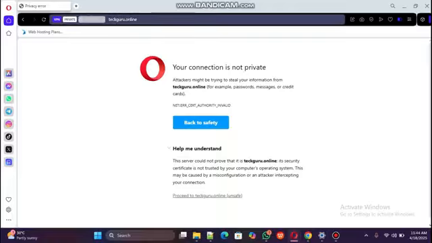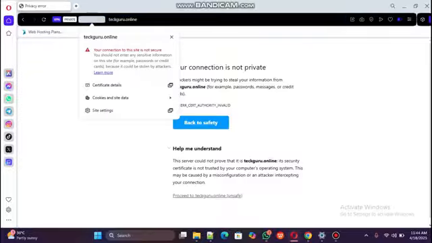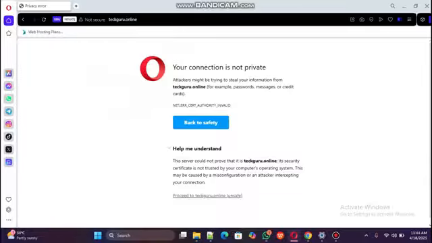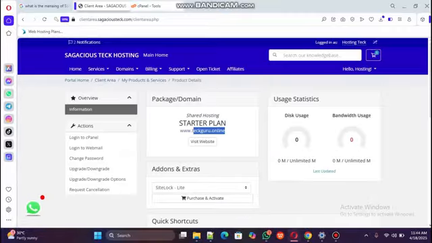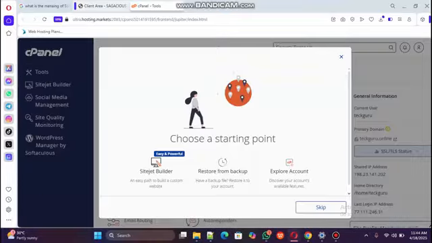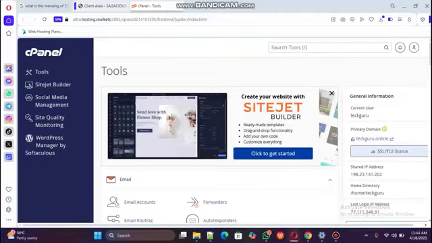So it's showing not secure. That means information is not private. Your connection to this site is not secured. You should not enter any sensitive information on this site. Now I want to activate SSL on it. I'm in cPanel, and it is also showing not secure here. The first thing I need to do is to search for